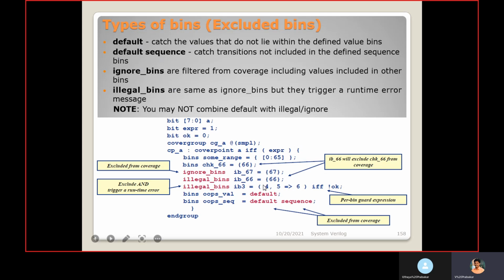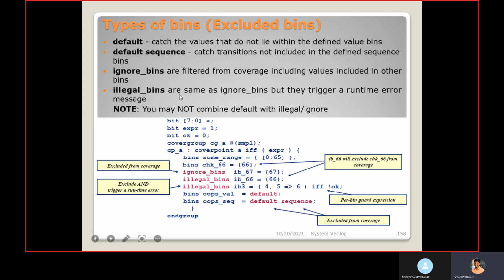So this makes this 66 value, this bin also excluded from the coverage. To mention that, we can use illegal or ignore bins. IB66 will exclude Check66 from coverage because here we are mentioning 66 as an illegal bin. Same we are using here, so this bin is also not considered for coverage.